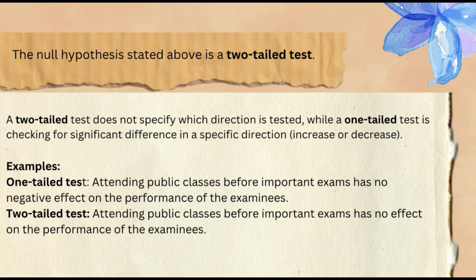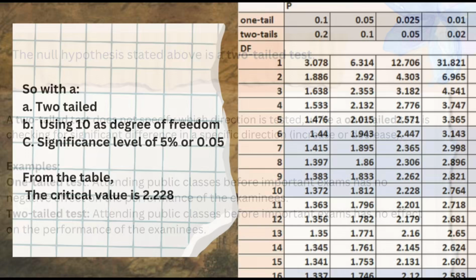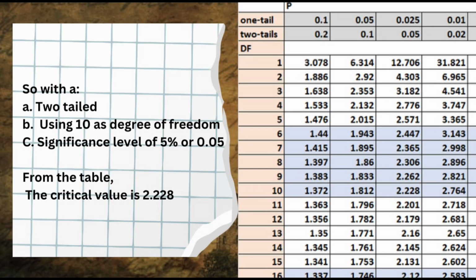Example, one-tailed test: attending public classes before important exams has no negative effect on the performance of the examinees. Two-tailed test: attending public classes before important exams has no effect on the performance of the examinees. So as you can see in the t-test table, there is one-tail, two-tail, and DF, known as degrees of freedom. So with the two-tailed, using 10 as degrees of freedom,